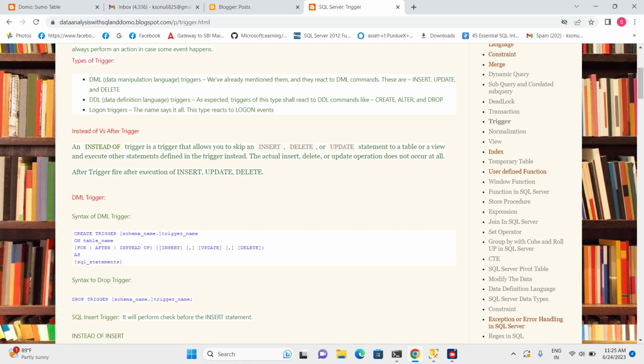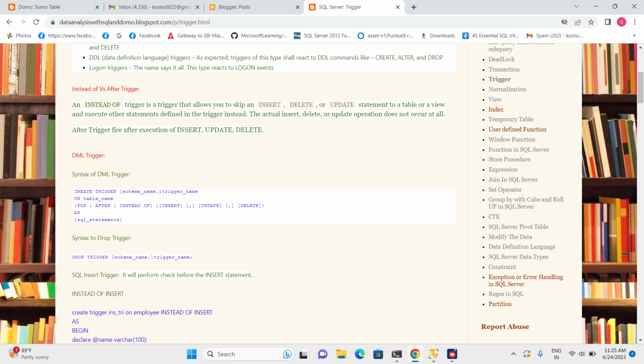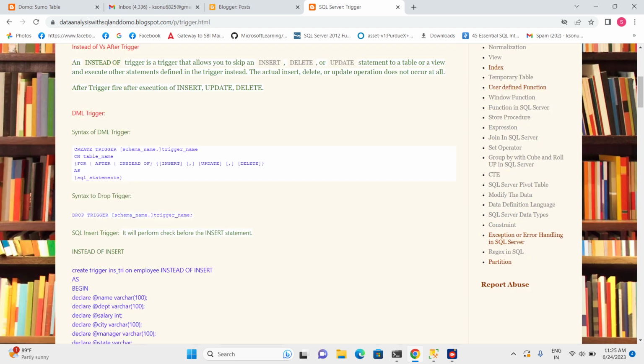So let's see one by one. So let's start with DML trigger. So this is the syntax for DML trigger. Create trigger. We can specify the schema, then trigger name, on which table we want to create a DML trigger,